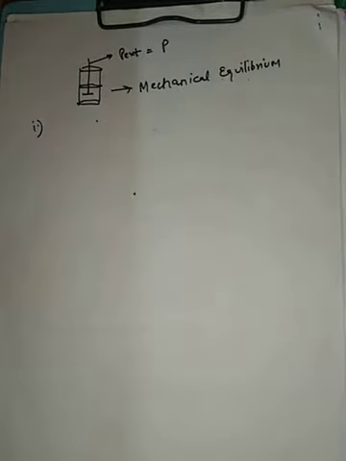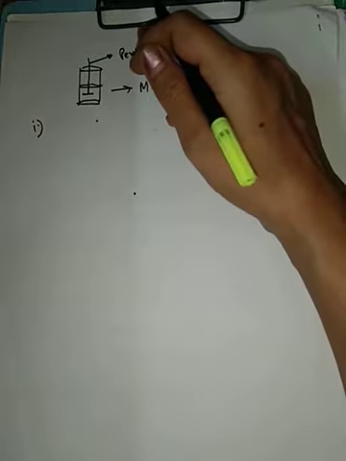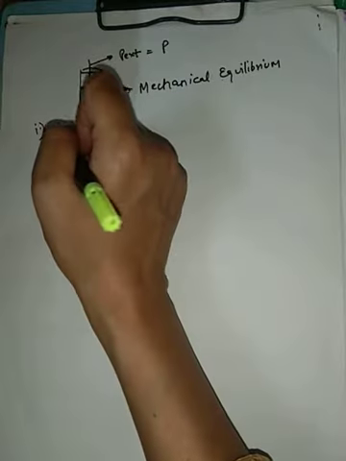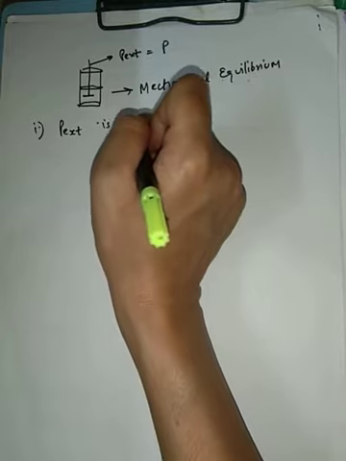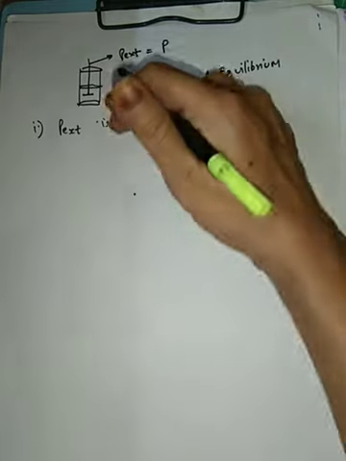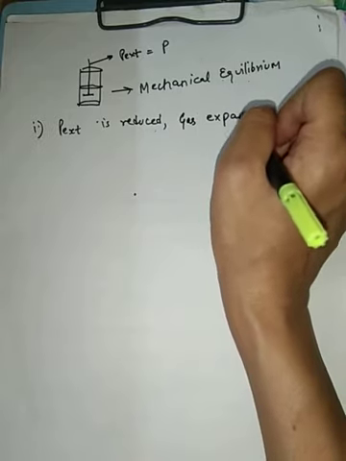Okay, now we want to change this mechanical equilibrium. In other terms, we are disturbing this mechanical equilibrium. So under this we are having two cases. Suppose external pressure is decreased by a small amount, then what will happen? The piston will move out and the gas will expand. अगर external pressure is reduced, right, तो क्या होगा? ये पिस्टन ऊपर जाएगा and the gas will expand.